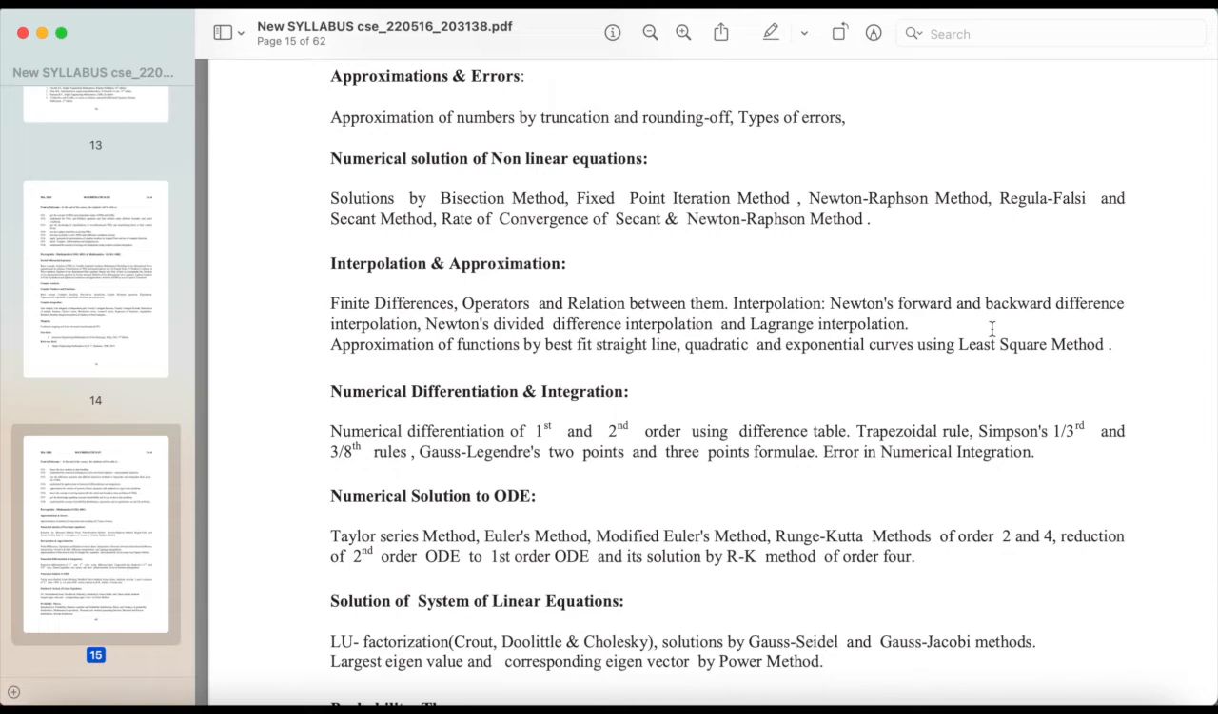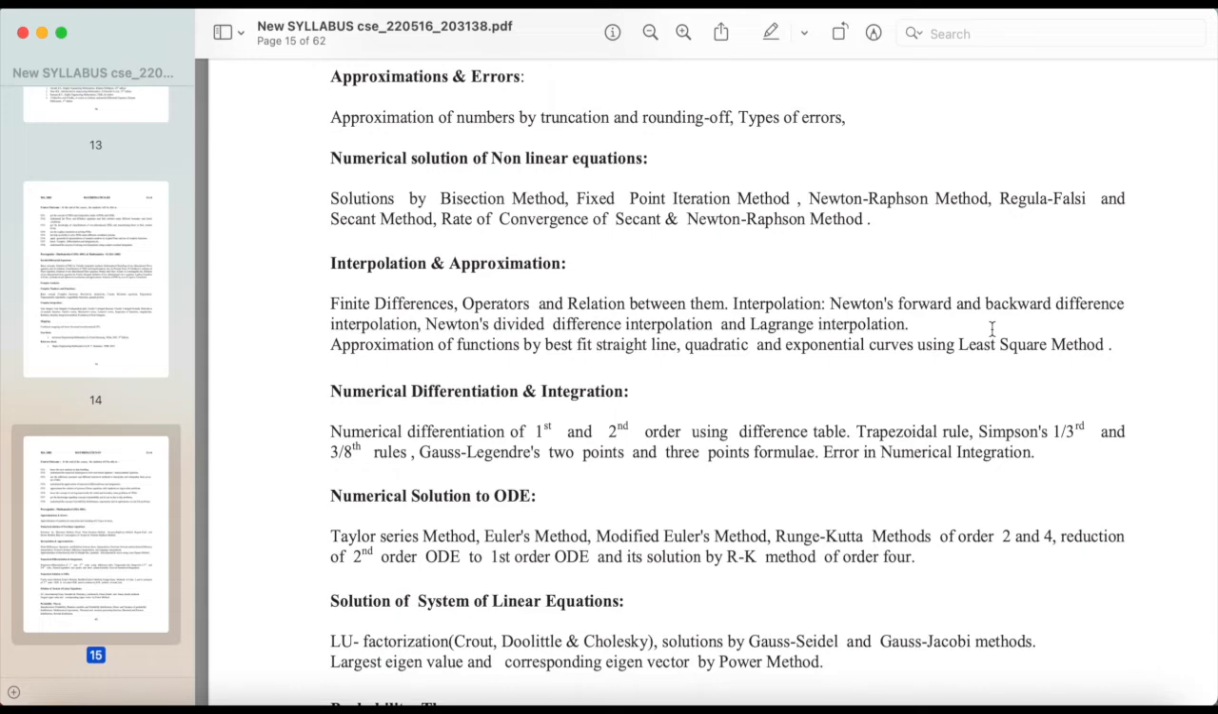errors. Numerical solution of nonlinear equations: solutions by bisection method, fixed point iteration method, Newton-Raphson method, regula falsi, and secant method, rate of convergence of secant and Newton-Raphson method. Interpolation and approximation: finite differences, operators and relation between them, interpolation, Newton's forward and backward difference interpolation, Newton's divided difference interpolation, and Lagrange interpolation, approximation of functions by best fit straight